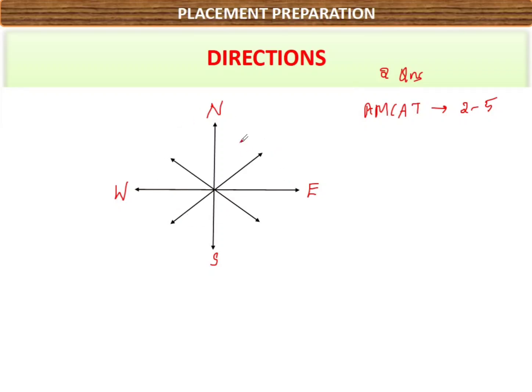If you know these 4 directions, the remaining 4 directions will be very easy to tell. The direction in between north and east will be northeast. In between south and east will be southeast. In between south and west is southwest. In between north and west is northwest. So in total there are 8 directions. And this is called the origin. Please remember this point because I am going to discuss it in the near future.